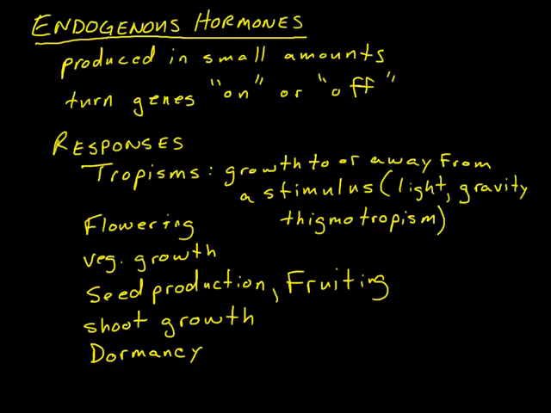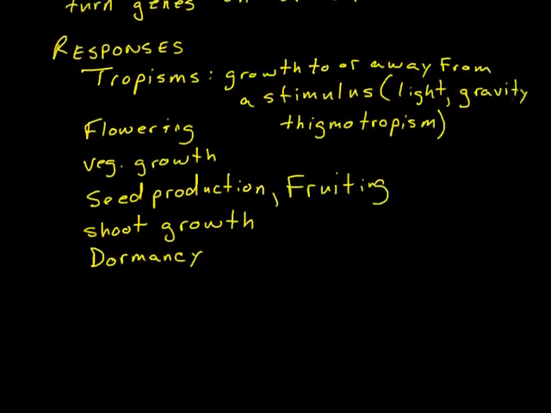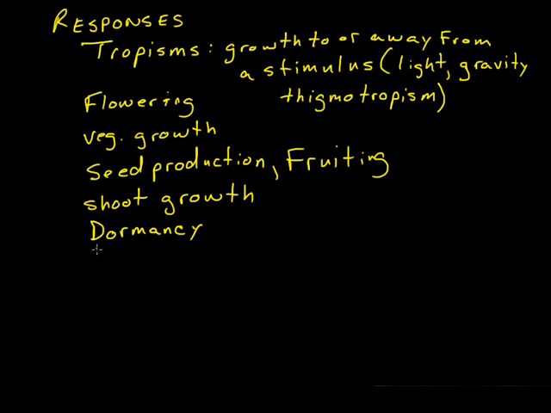And dormancy is basically just shutting down in parts of the year, most typically that it is not so hospitable for the growth of the plant, i.e., trees dropping their leaves prior to the winter months. And while we're on the topic of dropping leaves, that is referred to as senescence. Okay, and you'll want to write that down, and that just basically is programmed death